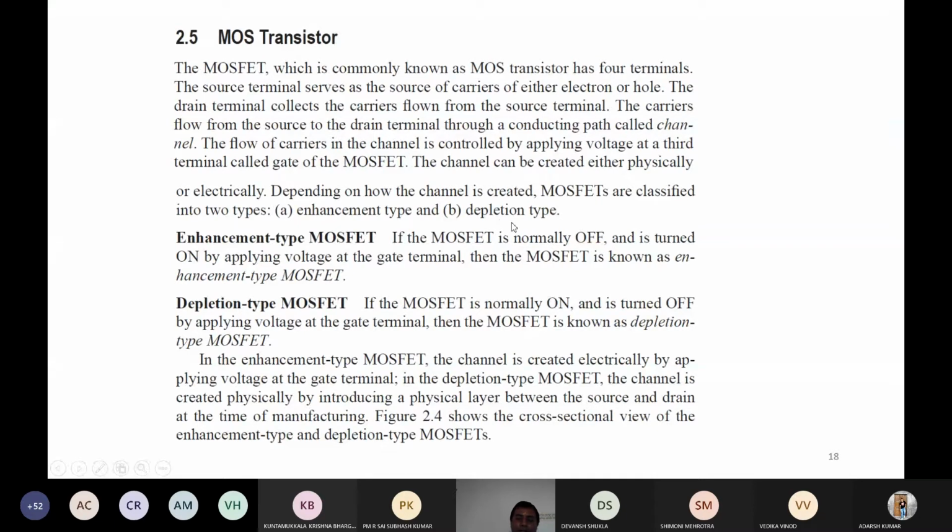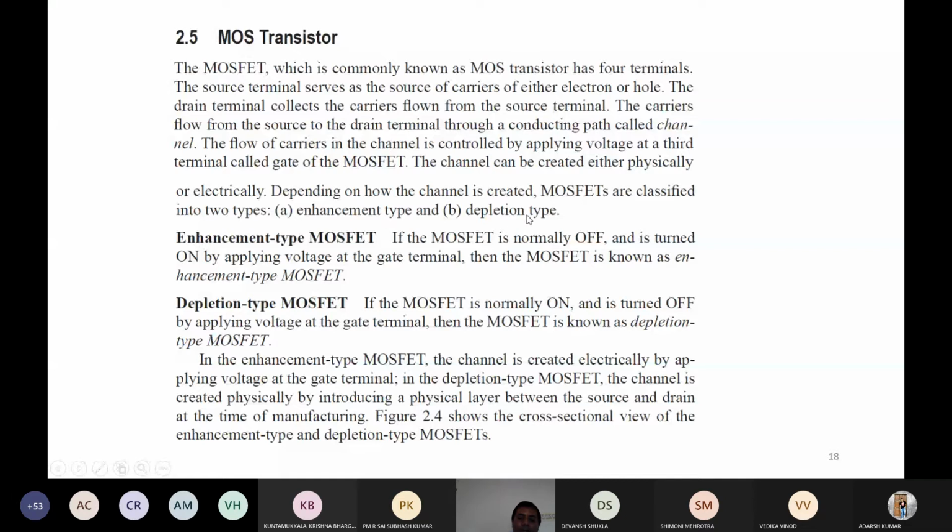So the N channel is already present, and due to that it is generally on. It is generally on even at zero bias. In the enhancement mode, we need to apply some threshold voltage. After that it becomes on, or after that conduction starts. But in depletion mode, because the N channel or P channel is already present from the fabrication, it is already on, even at zero bias. So even at zero bias some current is there. So this is the difference.